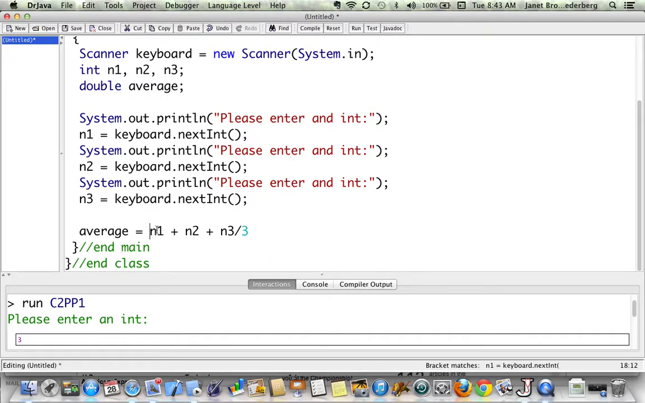My intent is to have N1, N2, and N3 added and then divide that sum by 3, returning that value and storing it into average. But I know by my order of precedence and associativity that what's going to happen here is I'll divide N3 by 3 and then add that to N2 and N1. So I want to be explicit here and put parentheses around my N1, N2, N3, and then have that sum